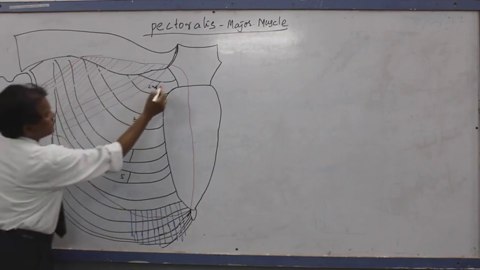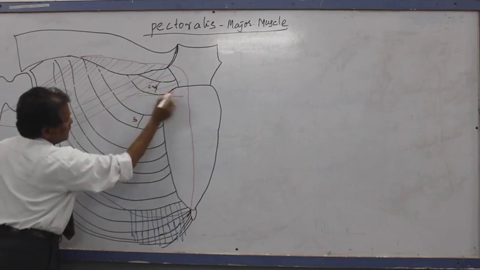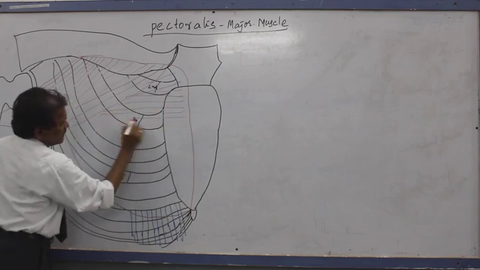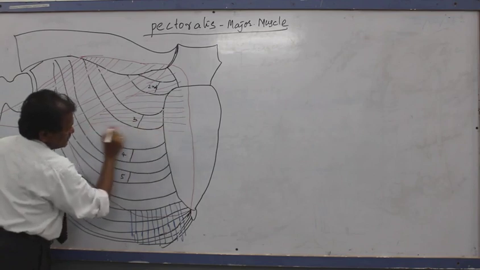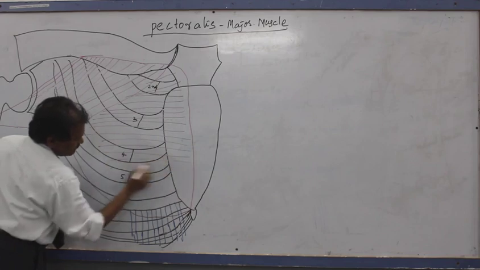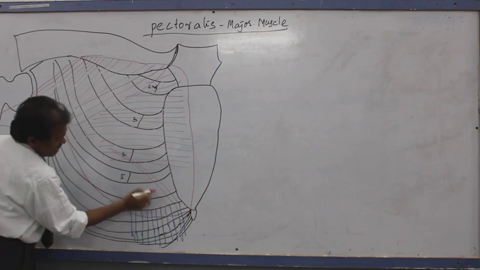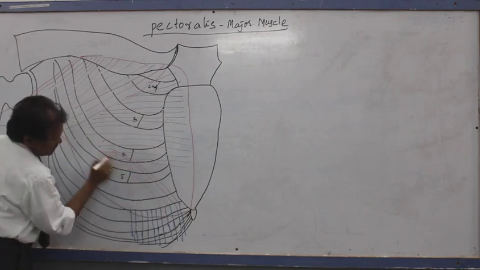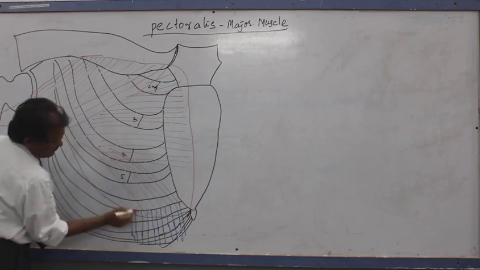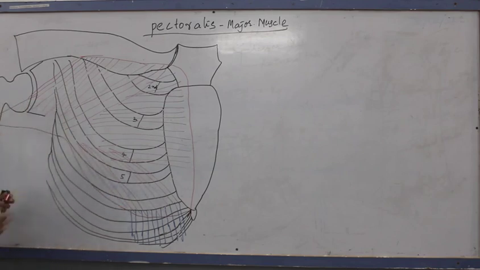And the sternal fibers also pass horizontally. They arise from the lateral half of the sternum and run laterally and horizontally from here. Then the inferior fibers ascend upwards, forwards, and laterally. They arise from the superficial surface of the external oblique muscle. So there are three types of muscle fibers.